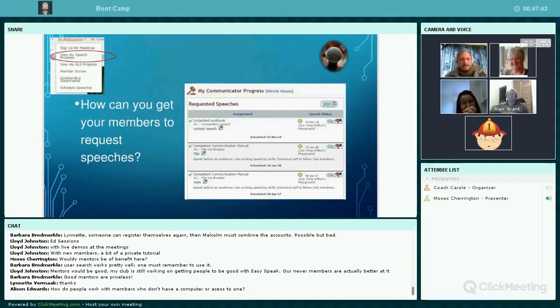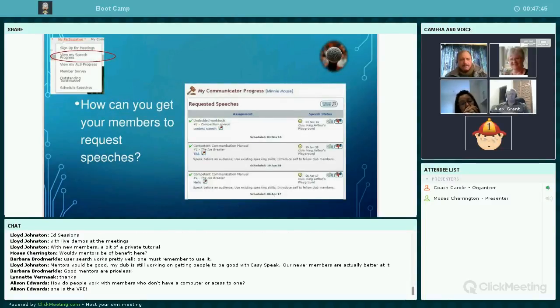And requesting speeches is a great thing to get your members to do. So there's a question there that you can ponder on and answer in the text chat, or you might like to offer your advice from the microphone. So that's one thing that Minnie can do from her speech progress